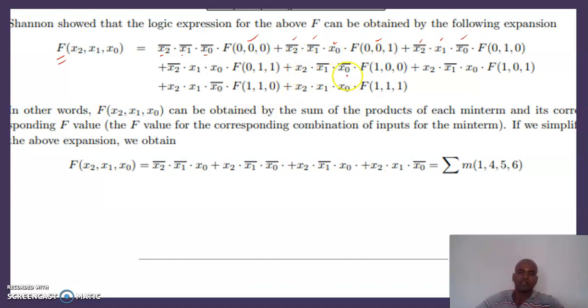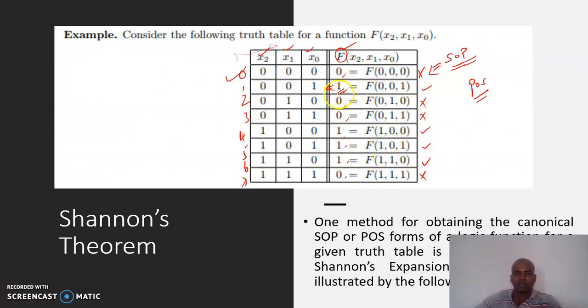After writing this Boolean format, for writing the SOP expression we need to consider only the places where f is equal to 1. There are 4 places where the value is equal to 1, and those 4 places are 1, 4, 5, 6. In binary, 1 is 0, 0, 1, 4 is 1, 0, 0, 5 is 1, 0, 1, and 6 is 1, 1, 0. Have a look at the previous table: these places, 1, 4, 5, 6, are where the outputs are equal to 1. That's why for writing the SOP expression we have taken these combinations alone.